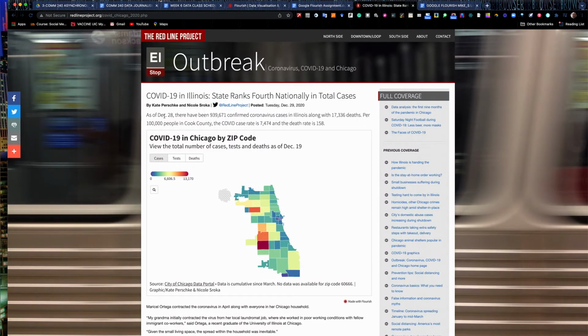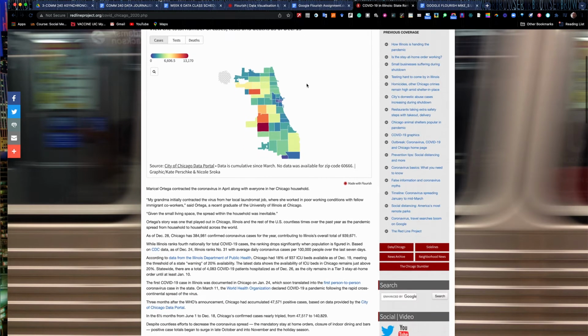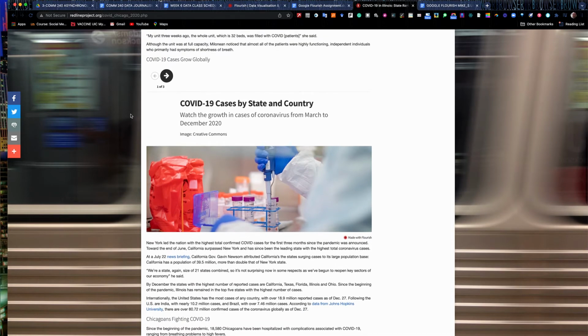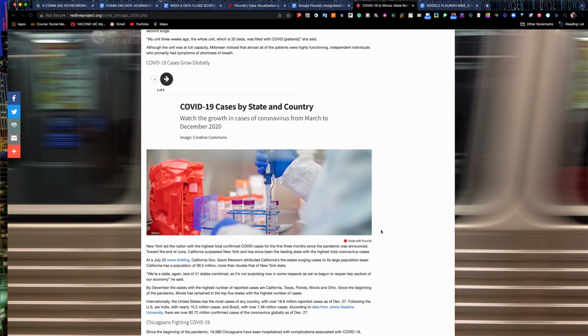Here's an example of a couple students did at the end of 2020. They took a look at COVID data in Illinois, and they created a map. This is population, deaths, tests, and positive cases by zip code in Chicago. Pretty easy little build. But down here, they created what's called a slideshow of graphics, and we're going to create